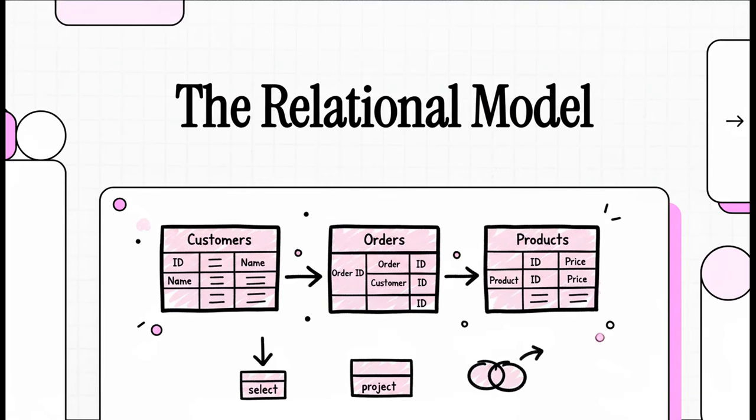Ever wonder how your bank can pull up your account balance in like a split second? Or how a social media app instantly knows every single one of your friends? Well, it all goes back to this incredible idea from the 1970s that brought some beautiful, elegant simplicity to a world of absolute digital chaos. It's called the relational model, and believe me, it completely changed how we deal with information.